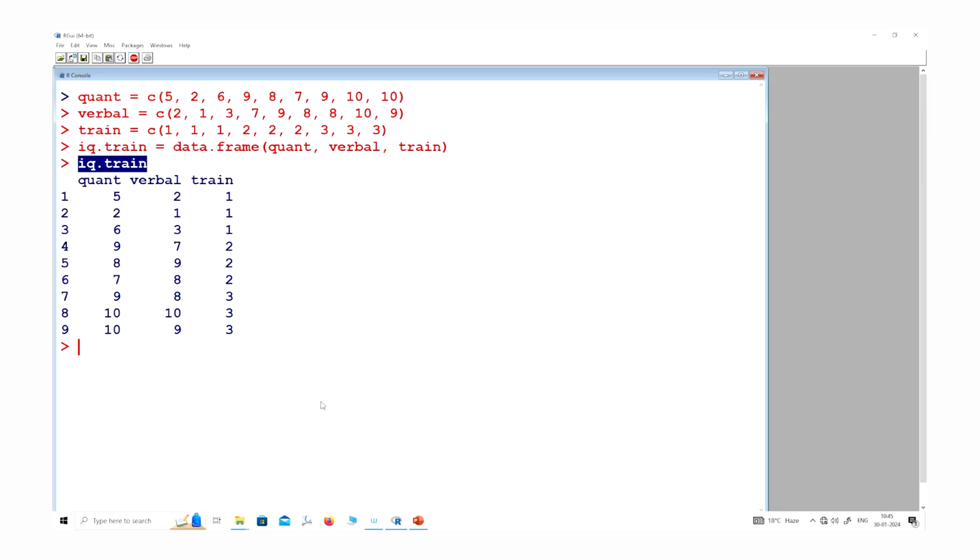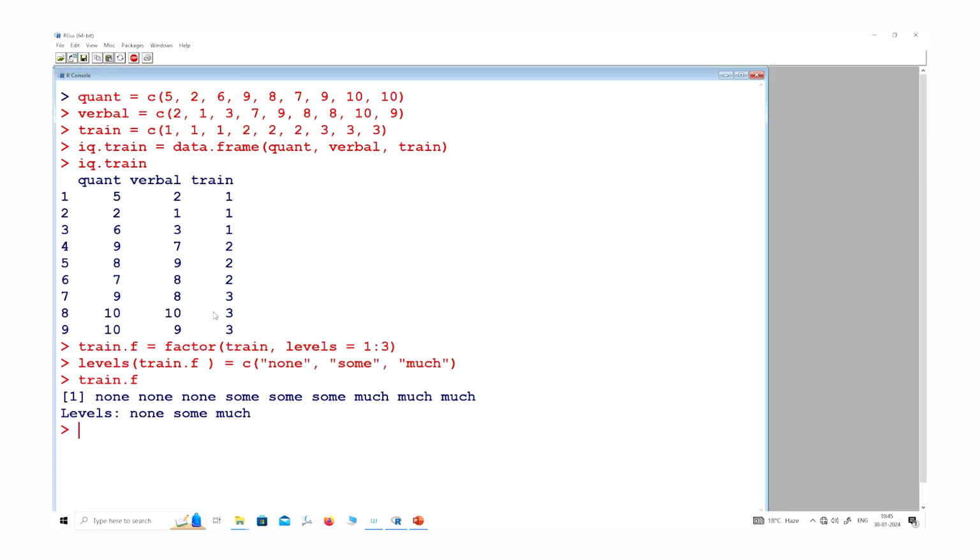I execute this factors command, and now train.f is converted from 1 1 1 to none none none, then 2 2 2 is converted into some, and 3 3 3 at observations 7, 8, 9 has been converted into much. The labels are none, some, and much.